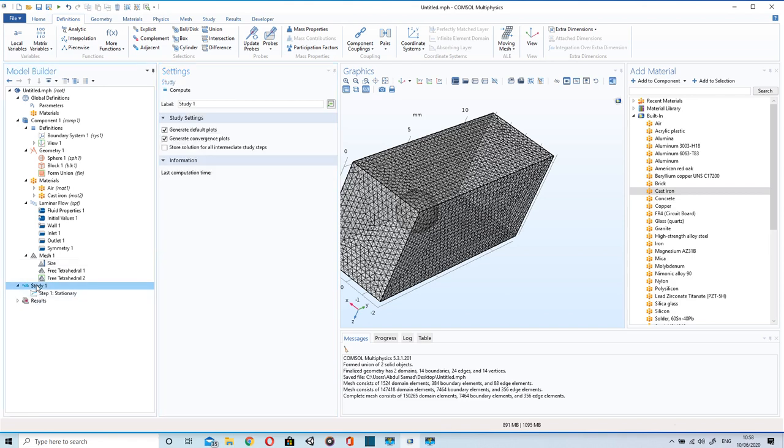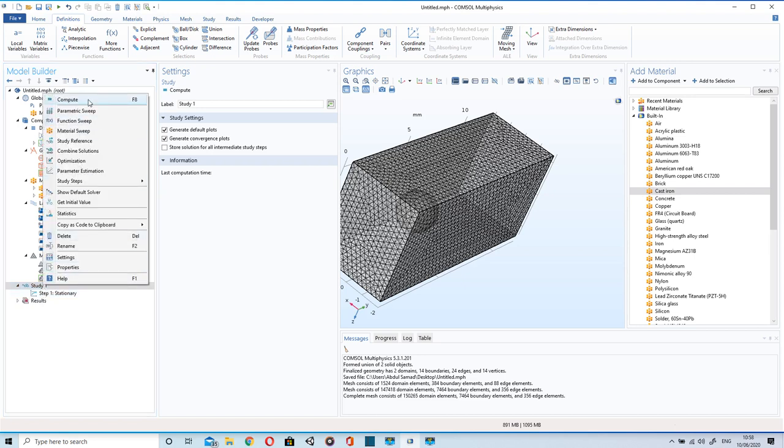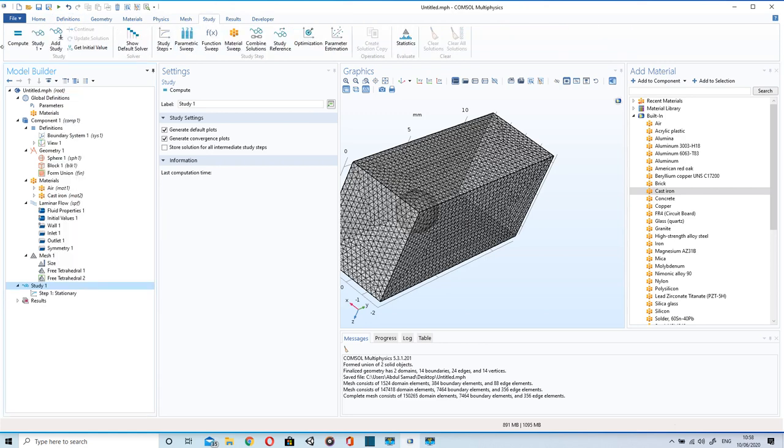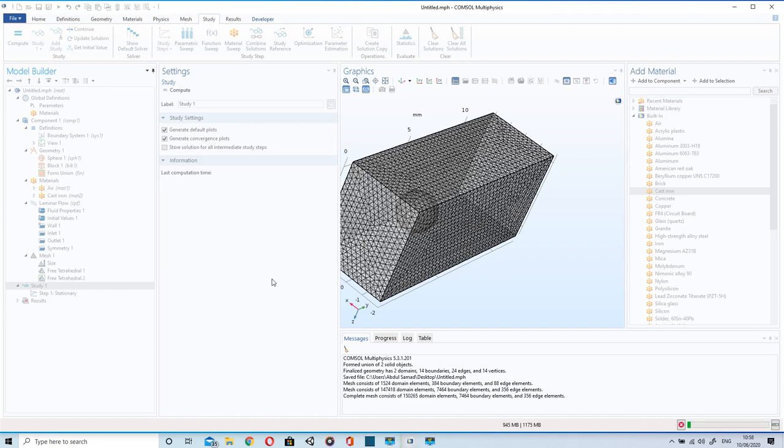Once meshing is done, I'll just go to study and compute it. You can compute it from here as well as from the above ribbon. Once you click on compute, the analysis will run and we'll get the results.